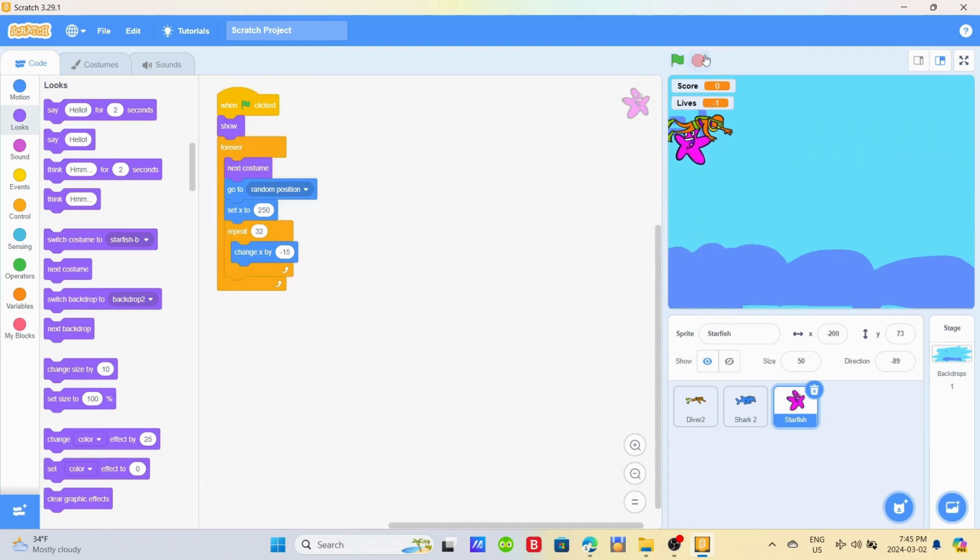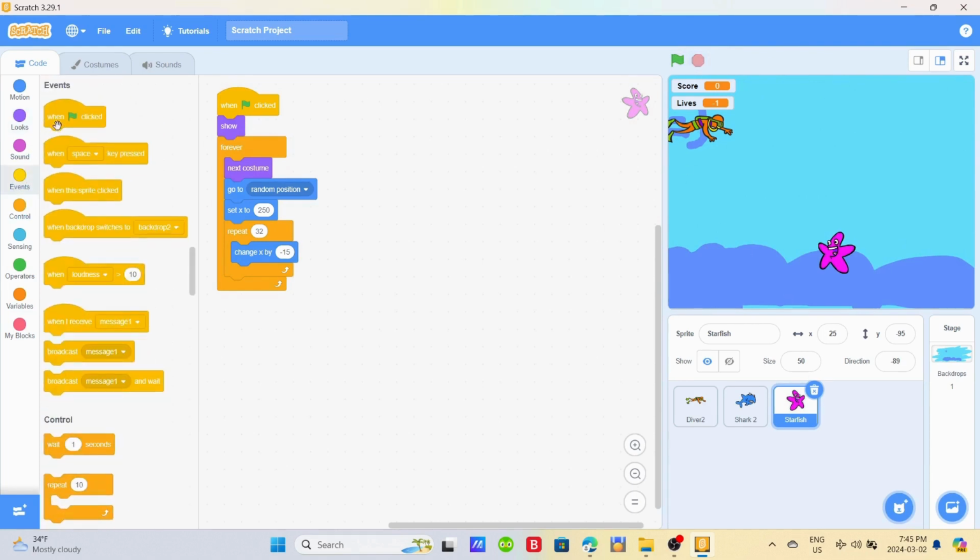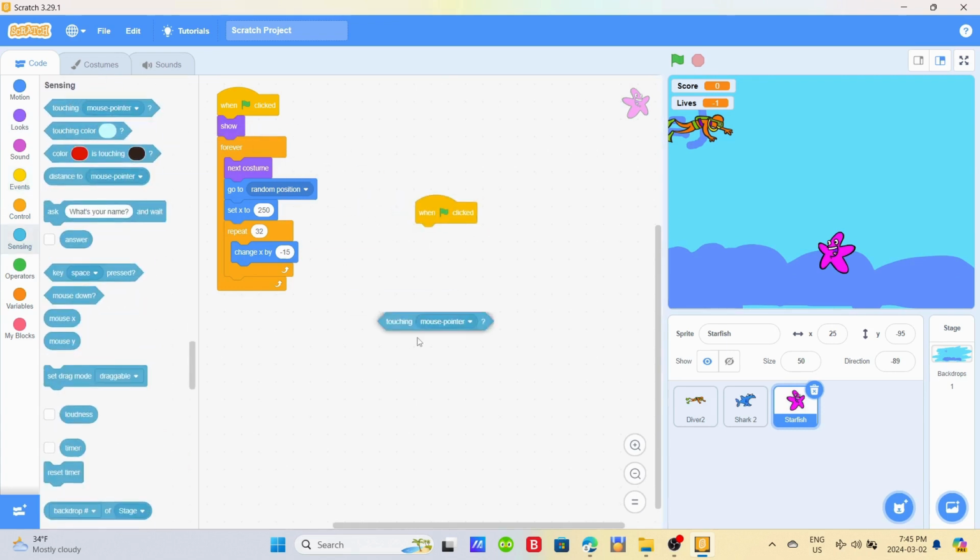But wait, we're not earning anything. So what's the point of this game? Well, now you'll earn something. Just wait, guys. We'll drag when flag clicked, touching mouse pointer,